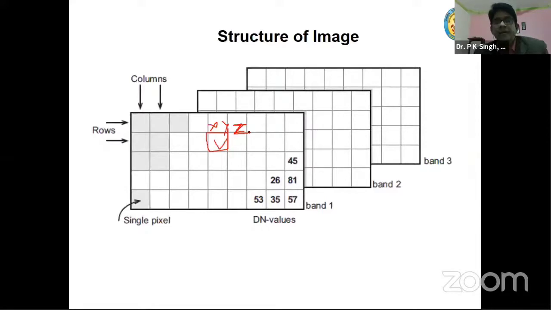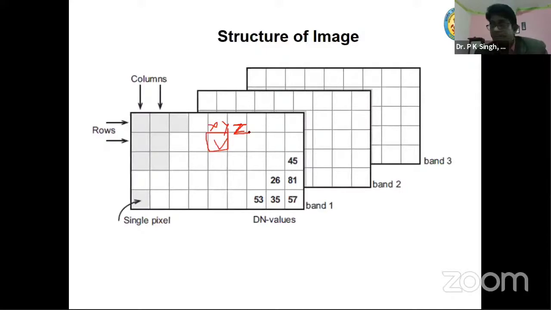Most of the data you download from the internet or anywhere is 8-bit data. It means it can write 256 types of values, starting from 0 up to 255, a total of 256. So if the data is 8-bit, then it can write 256 values. If you are writing anything in grayscale, you will be writing in 8-bit.